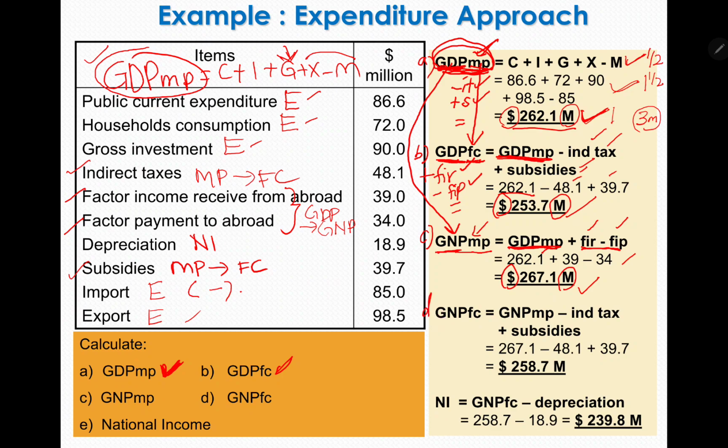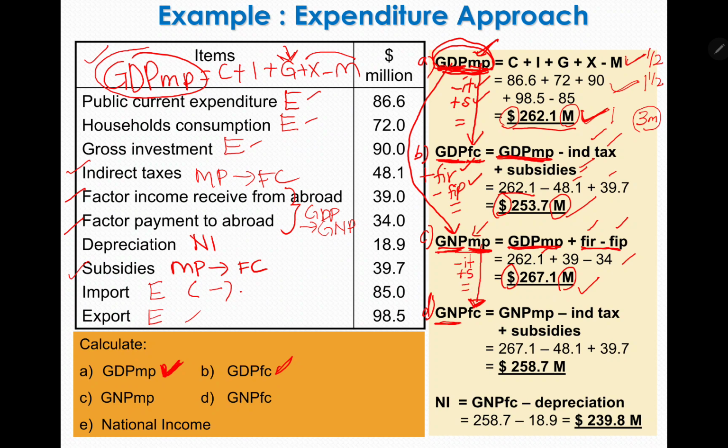And then to answer question D, like I said just now, you can use any other question to help you with this new question. So in this case, I don't have to use A to answer D. I can straightforwardly use B, or I can use C to answer D, because in this case, for example, this is GNP and this is GNP. It is the same. Because it is the same, I don't have to adjust anything on that part. What I need to do is, previously you are at market price, but now you want to know at factor cost. So the formula said, if from market price you want to change to factor cost, you need to minus indirect tax and plus subsidies,